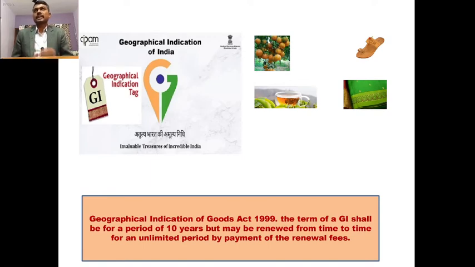Let me give you an example. The best examples are Nagpur oranges, as you can see here, Kolhapuri chappals, Darjeeling tea, Mysore silk, Kanjivaram silk, Mysore sandalwood, sandalwood oil and Mysore sandalwood soap. These Nagpur oranges will only be grown in Nagpur, and these oranges get their flavor, their qualities, their taste, everything by virtue of the geographical location in which they are grown.